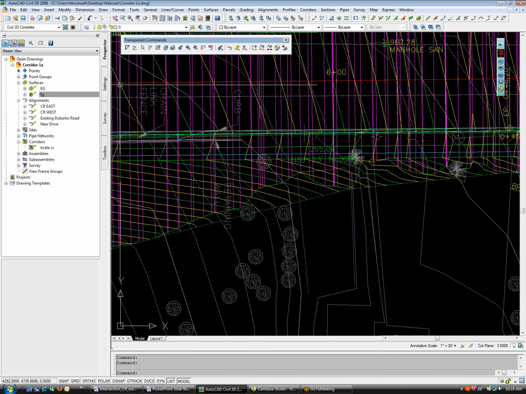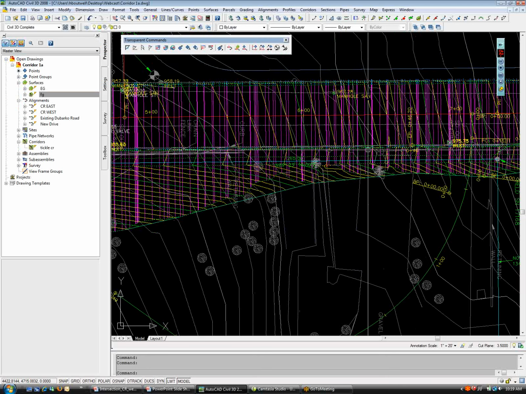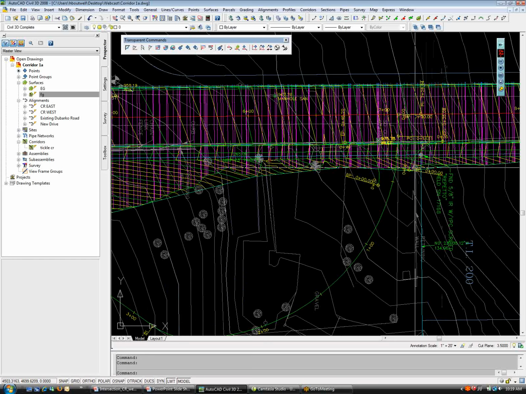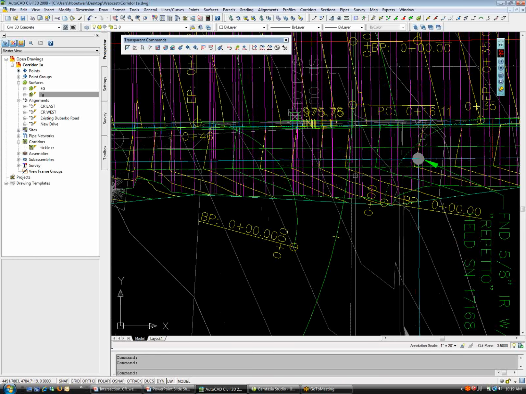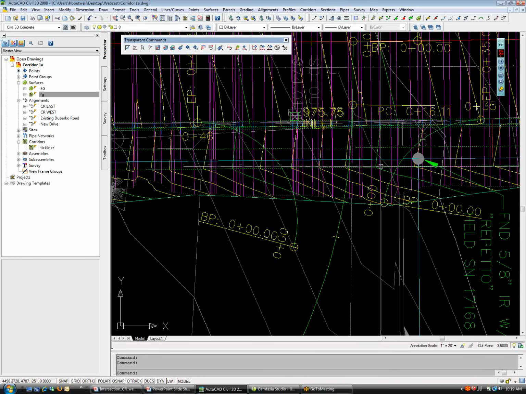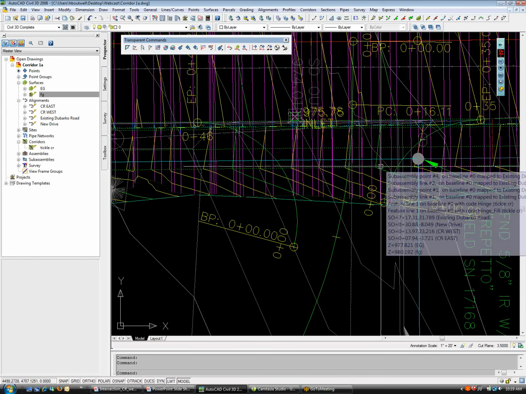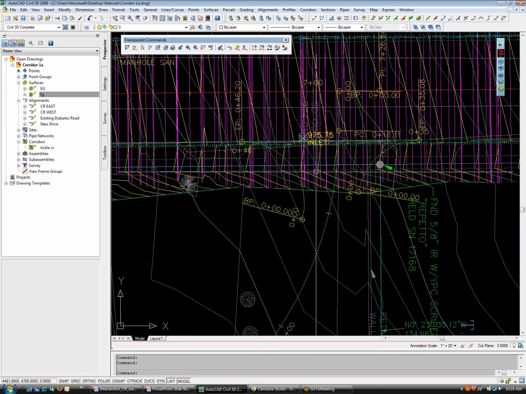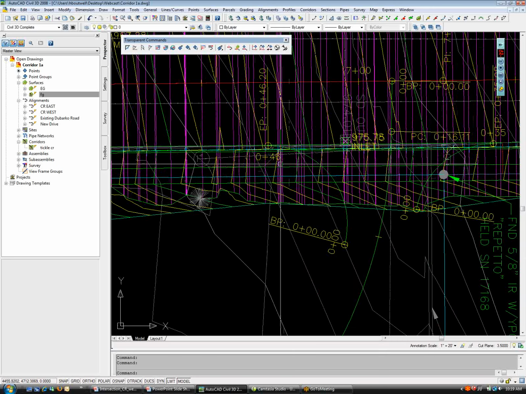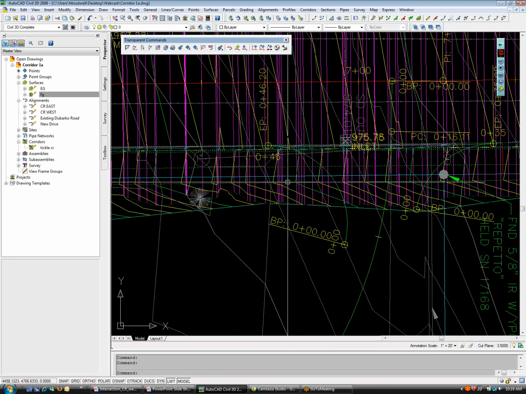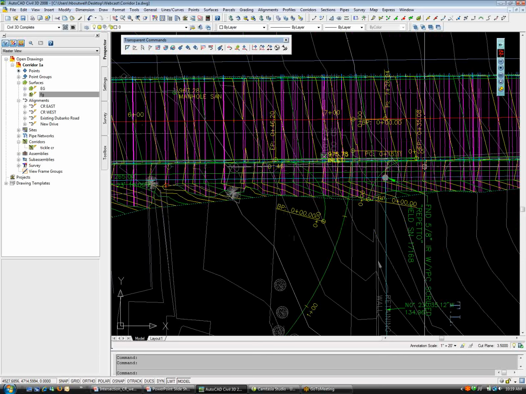For right now, I'm leaving them on just so I can see what the frequency is like, the sampling. And that's fine. It does get confusing because here I got a green alignment line and I got green going on for my finished grade along with yellow. So now, at this point, what I need to do is get a profile and alignment from the surface before